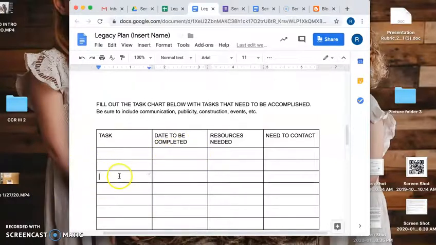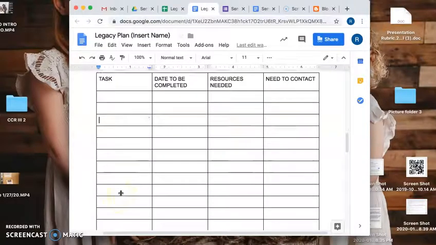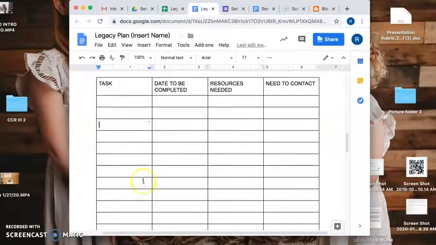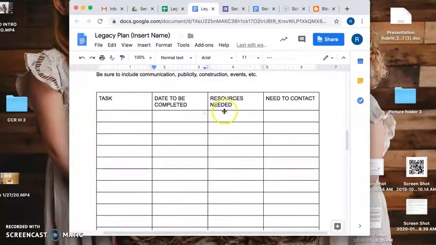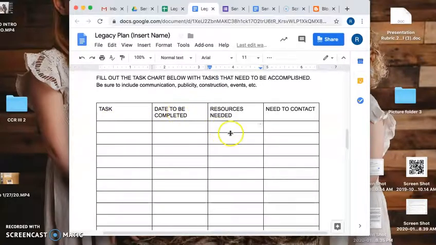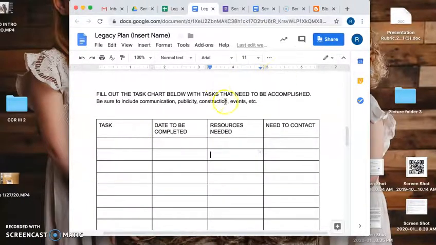So there are just many steps that you might have. You need to think through every step and put that down. Put down a goal date of when you want it to be completed. When do I want each of these tasks to be completed? And then what sort of resources might I need? For the communication task, you probably just need your computer. And then who do you need to contact? So every single step. If you have any sort of event, you might have some publicity that you need to list. Like I'm going to create a post